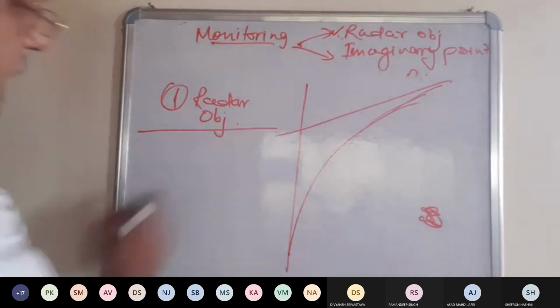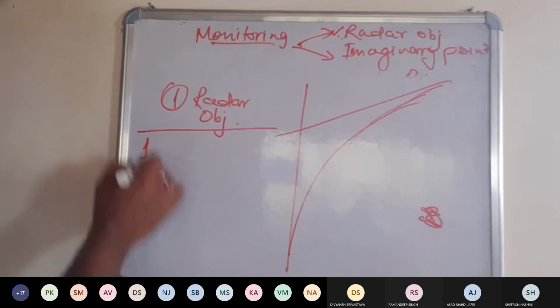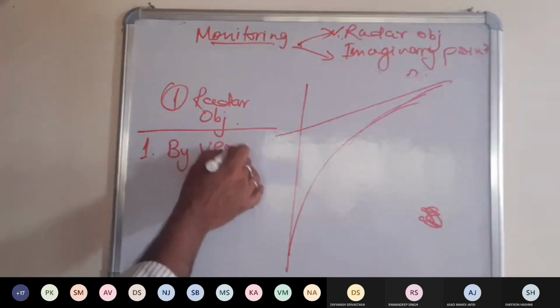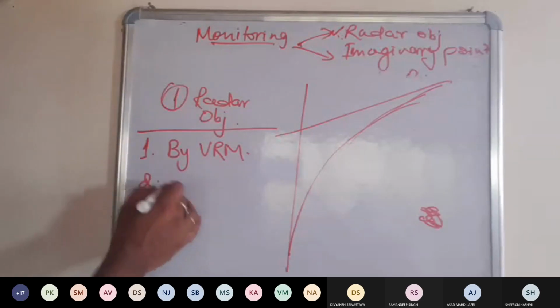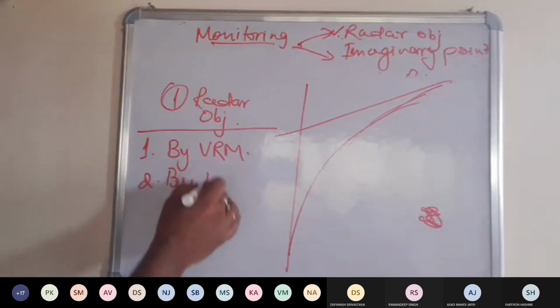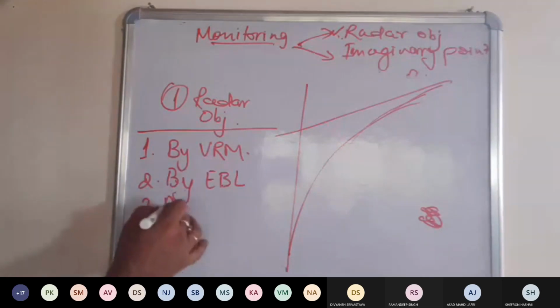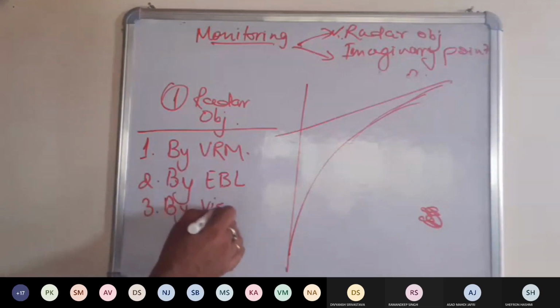So monitoring can be done, number 1, by VRM, number 2 by EBL, number 3 by visual bearing,